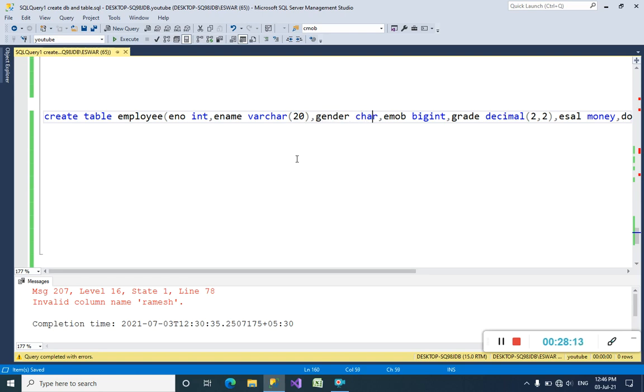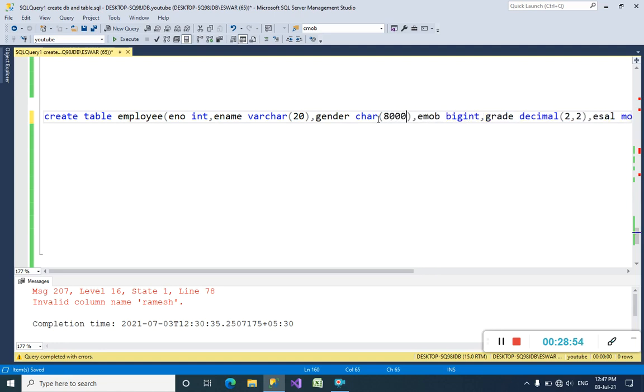Right, see guys, coming to gender, my third column is gender. When I want to create gender as a column, I have declared the data type as char, because male or female are character data, which means string data. When we want to store string data, we can use char or varchar. Here I created gender as char, but I didn't mention a size, though we can store up to 8000 values.